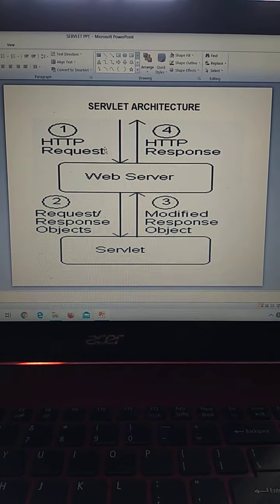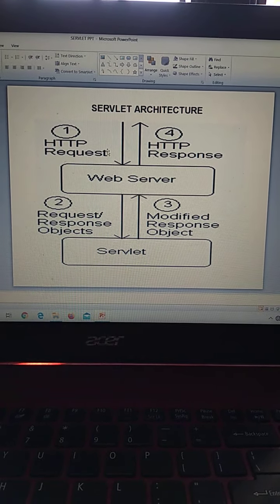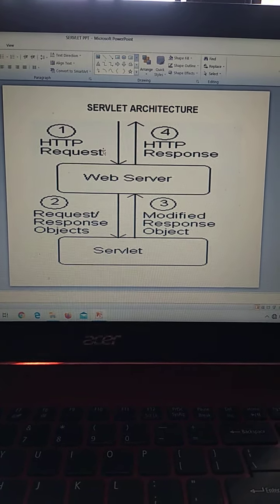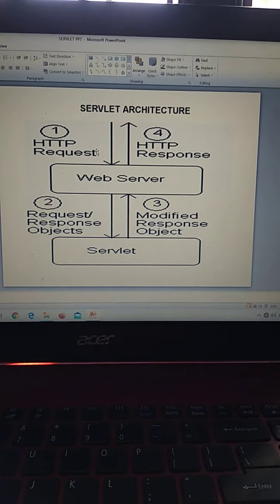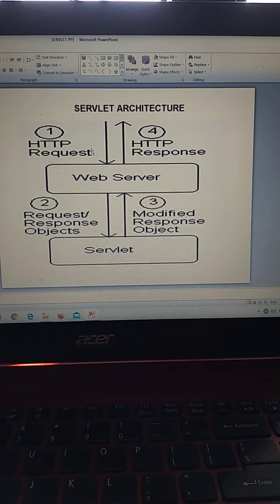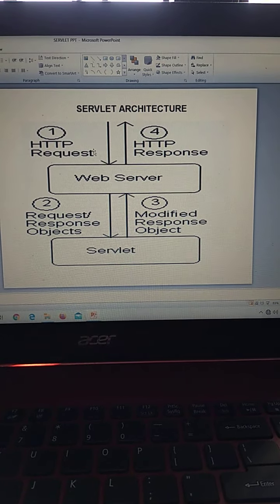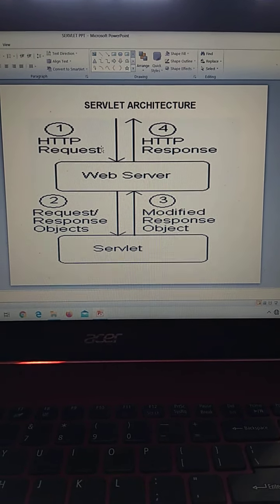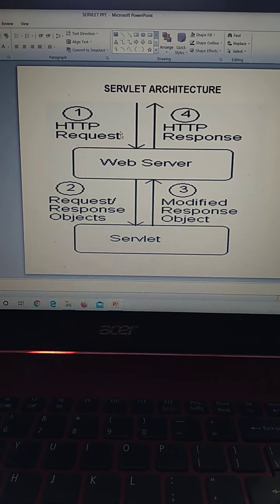The server selects the appropriate servlet to generate the response, creates request and response objects and passes them to a method on the servlet instance. The servlet adds information to the response object through method calls, and then the server generates the HTTP response based on the information stored in the response object.